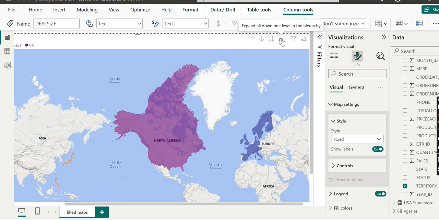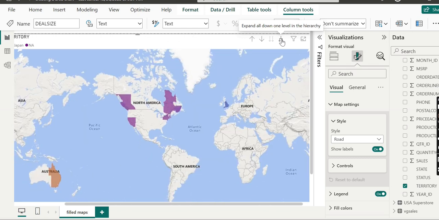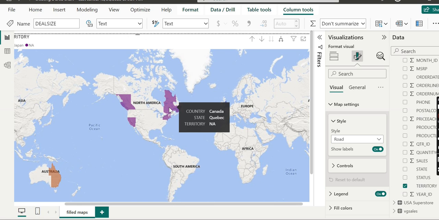Now we are at the top level, country level. As soon as we click on it, the map will change, and you will see that states across all the different countries are highlighted. As soon as we hover over the state here, we can see the tooltip including all the information about country and state. So we have both the countries as well as the state. So the tooltip reflects both the current level of hierarchy as well as all levels above it.